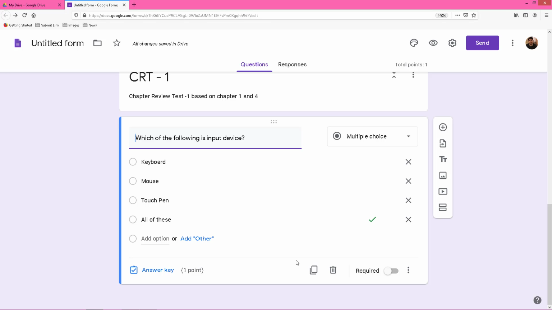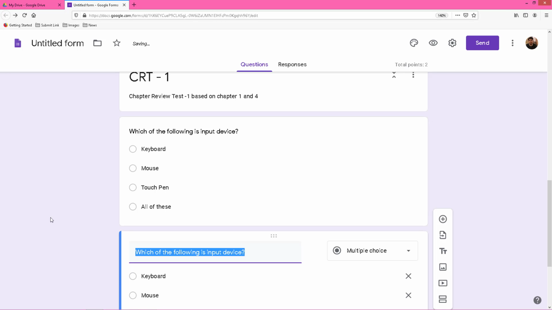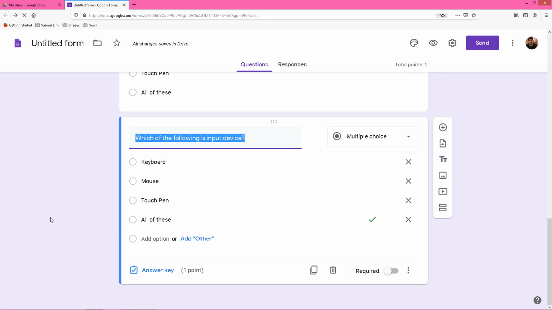To add another question, I will click this button, duplicate. This will bring a duplicate of the same. Update this one. Belongs to generation.